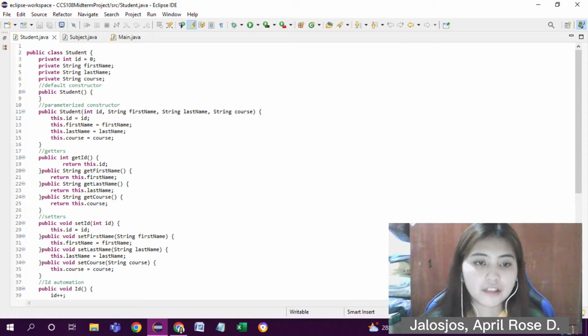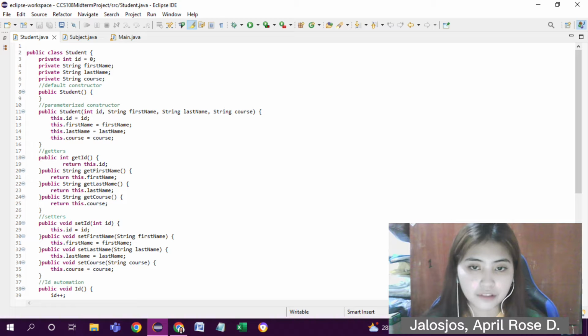For the public class Student, we use the private keyword as an access modifier for attributes, methods, and constructors, making them only accessible within the declared class. So we have private int id set to 0, private String firstName, private String lastName, and private String course. Public Student is the default constructor,